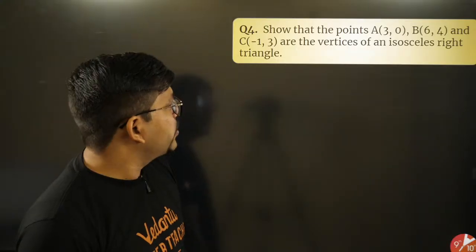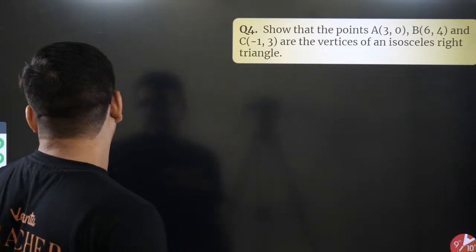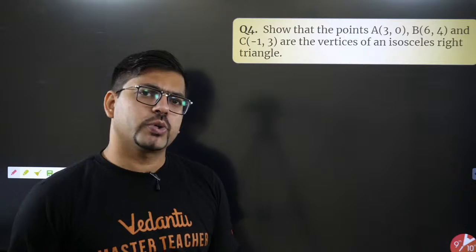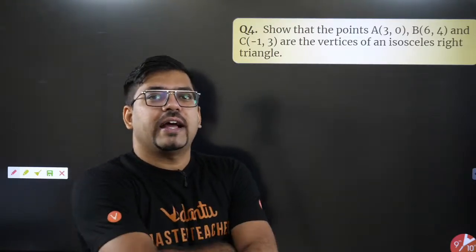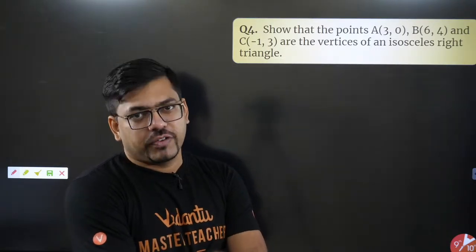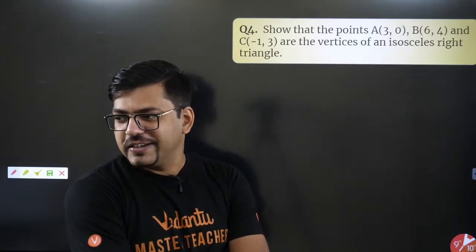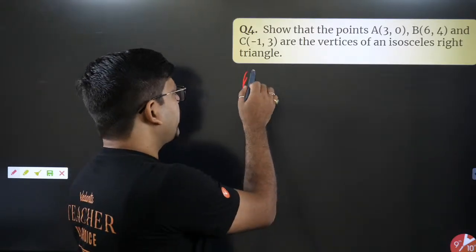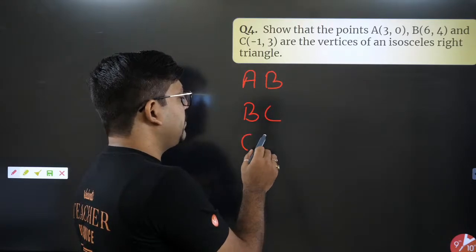Here's the next question. This next question says, show that the points A, B and C are the vertices of an isosceles triangle. How would you show that? Guys, isosceles triangle, we know. If we have to show any triangle as an isosceles, we would simply find the length of the sides. And if we find two side lengths equal, then we can say surely it's an isosceles triangle. So what do you have to do? You have to use the distance formula, man. So who is going to give me the distance of AB? Who is going to give me the distance of BC? And who is going to give me the distance of CA?